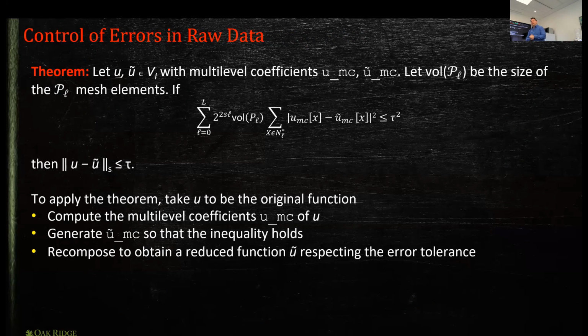But our original papers, all they are is theorems and proofs. And at first, it's just how do you control the errors in the raw data? How do you give the error bounds? And really, again, what you can do is look at these mesh elements, and you can prove certain errors, and the errors of the data are related to the errors in these coefficients or residuals.